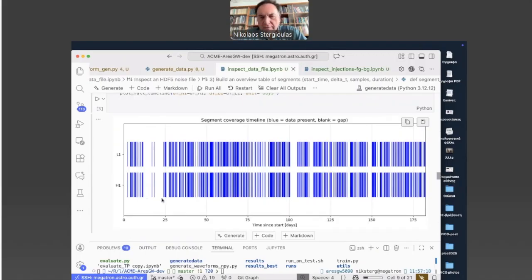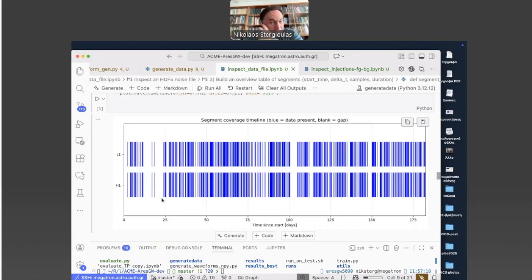So you realize that the data you have just downloaded has gaps. And the gaps are there because the instruments are not working all the time. They're working only roughly half of the time, statistically. And also, they don't always work together. Sometimes Hanford is working, but not Livingston. Other times it's the opposite.